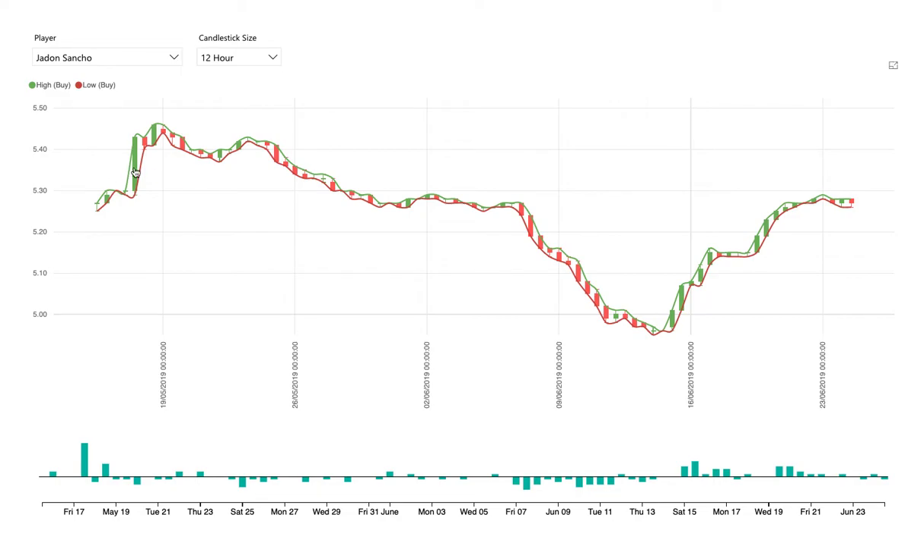So what does each candlestick represent? Each candlestick represents the time that you've selected up here. So this green candlestick here represents the price action over 12 hours. You can see that Jadon Sancho opened at £5.30. He closed at £5.43. The high point in that 12 hours was £5.43, which is where he closed, but his low point was £5.29. So you can see this little whisker down here,